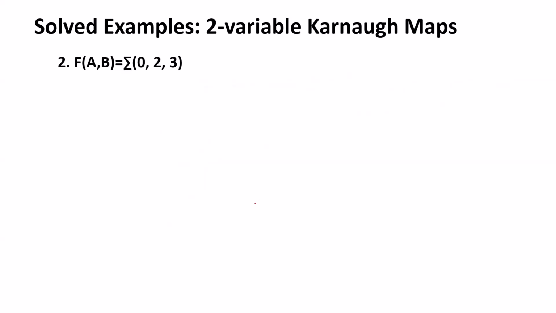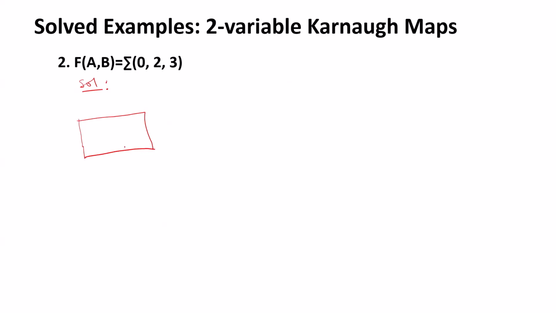Now, we have to solve F of A comma B equals summation of 0, 2, 3. Solution. So in doing this, we want to construct a canonical map to solve this problem. So let's draw our canonical map for the 2 by 2 variable